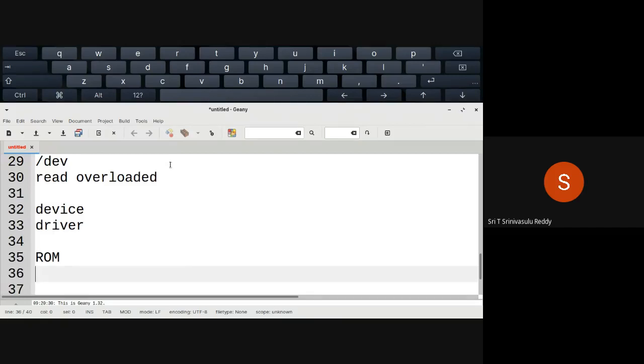Initially it will fetch and execute the instructions from read-only memory to an extent where it identifies the files on the secondary storage, loads all of them into the main memory, and then slowly makes all the system call services available. So the new device driver related things are all added to the operating system file on the secondary storage, but those services cannot be made available immediately.